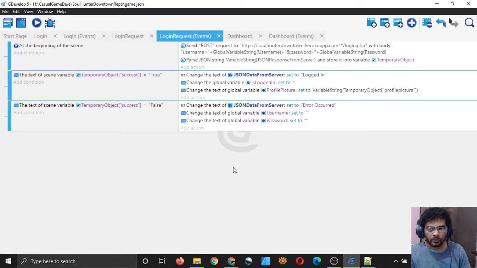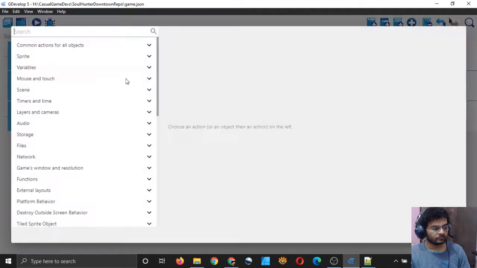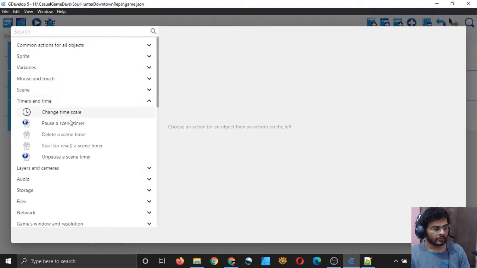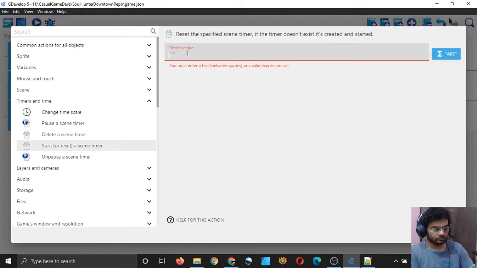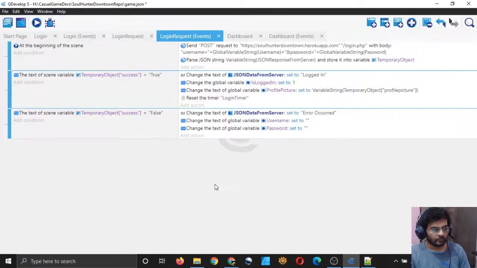So in login request, I will start a timer when we have successfully logged in. I will start a timer for I guess 2 seconds, and after 2 seconds I will change the scene, because I want to let the user see the message that they have logged in. So start a timer, login timer, and add an event,